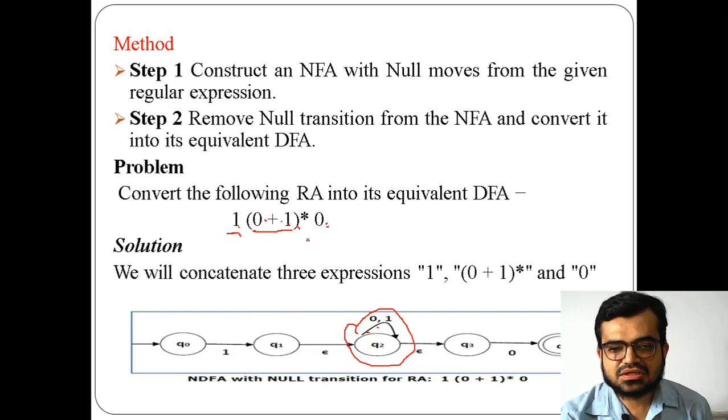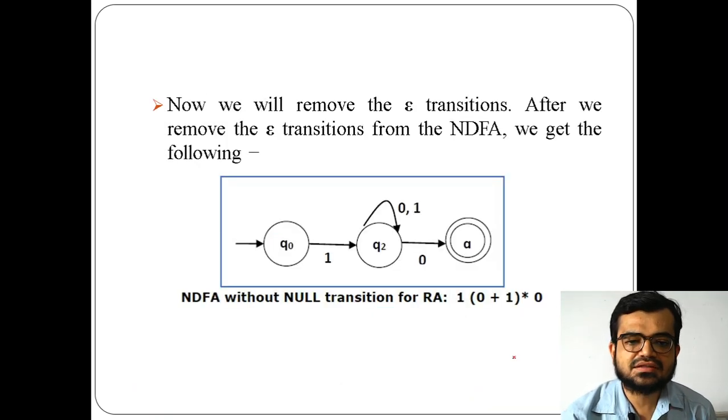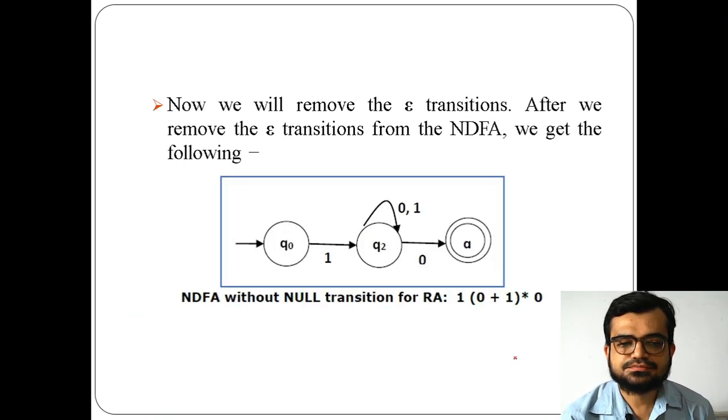And concatenation, this is the concatenation symbol. I mean it won't be represented as a symbol here. We just need to assume there's a concatenation here, and this is concatenated with epsilon, and again with this, which is 0. So finally if you get this, you will get it in this way. This is the complete one.